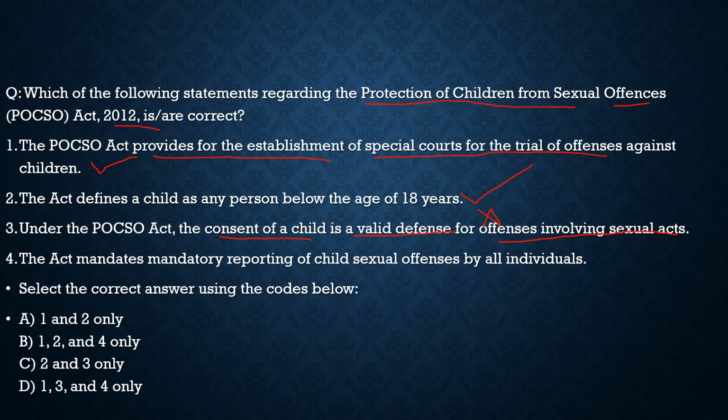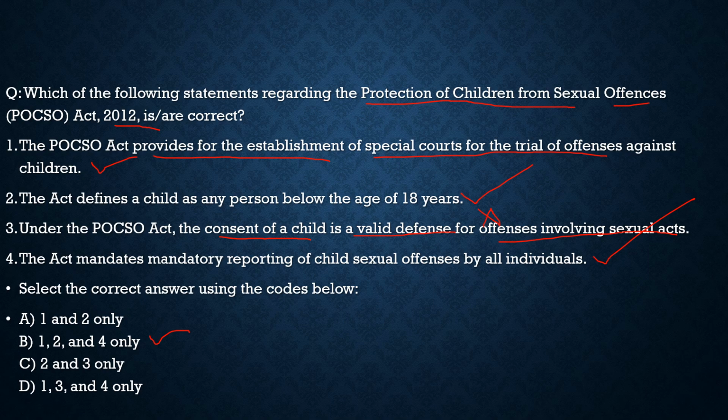Whether a child gives consent for the sexual act, whether if a person below the age of 18 gives the consent for the sexual act, that is not valid, because a child can't give the consent with respect to the sexual intercourse. So statement 3 is also incorrect. Coming here to the statement 4, it says the act mandates mandatory reporting of child sexual offense by all individuals. 100% correct. So with respect to this question, the correct statements are statement 1, statement 2, and statement 4, sorry, and from code given below, the correct code is option B. So with this, I hope you had understood the POSCO Act in more detail and the context behind it,